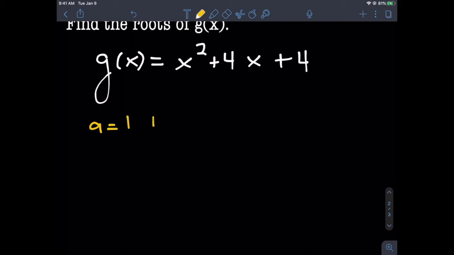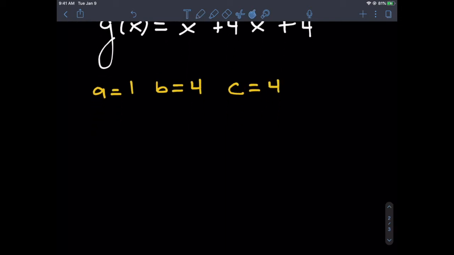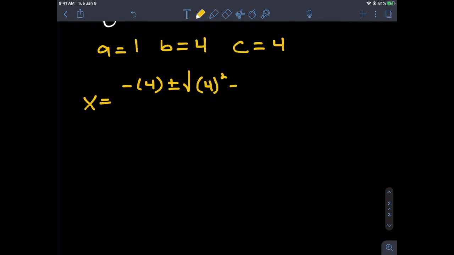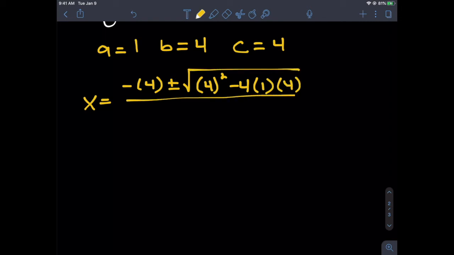Here a is equal to 1, b is equal to the number in front of x, 4, and c once again is the constant, which is also equal to 4. And now we plug into our formula. Here we get x equals negative, our b value is 4, plus or minus the square root of b, 4, squared, minus 4, our a value is 1, and our c value is 4. Close that square root, and then in the bottom we are going to have 2 times our value of a